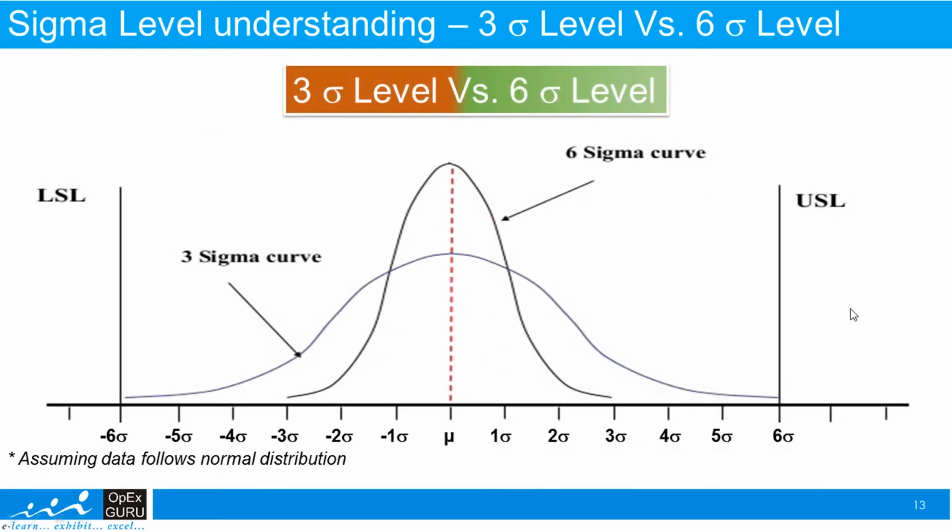This is a comparison of 3 sigma level process versus a 6 sigma level process. In a 3 sigma level process, as you can see, the standard deviation is large, and in a 6 sigma level process the standard deviation is less. The normal distribution curve is narrow and the distance of the mean of the curve from the specification limit is far away. That is why a 6 sigma level process generates fewer defects per million opportunity than a 3 sigma level process. So the important thing is that whenever we discuss, we have to discuss sigma level, sigma score or sigma rating. When we talk about standard deviation alone, when it is large it is not good, but in case of sigma level it is good if it is large.